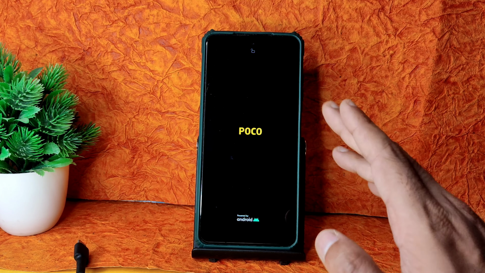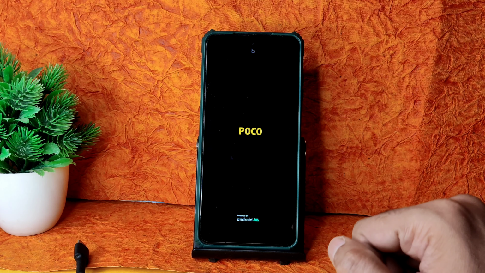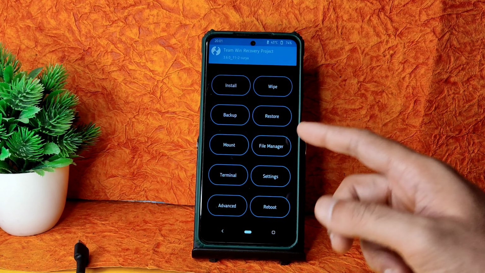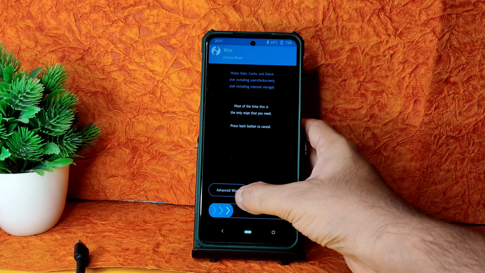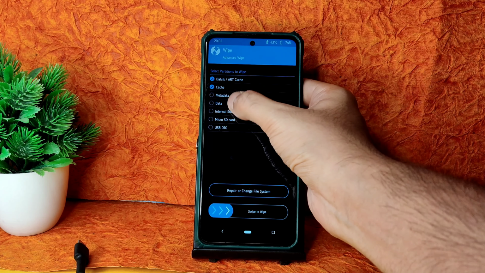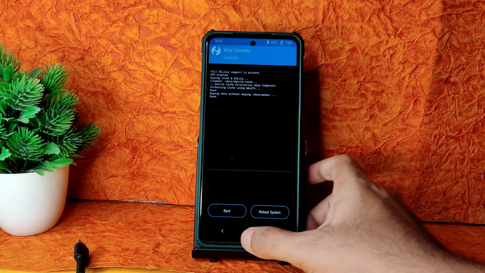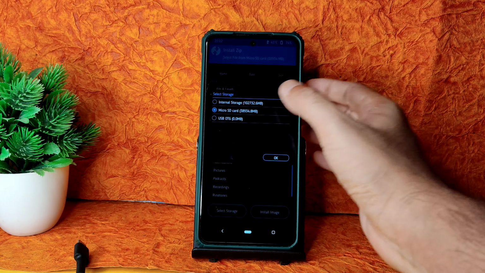And all the links for the latest TWRP, I mean the recovery, and even the firmware, are already given in the community section, and I made a dedicated video on this TWRP. Go to the wipe section, select advanced wipe, select Dalvik cache and data, and swipe here to wipe it. Once that has been done, go to the home section here and select install, and select the storage, micro SD